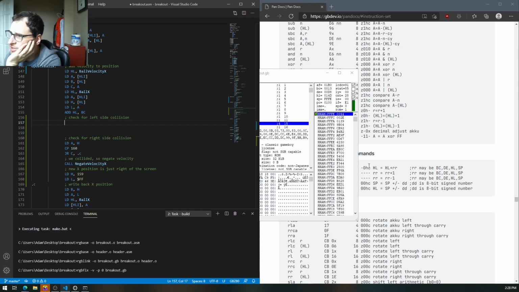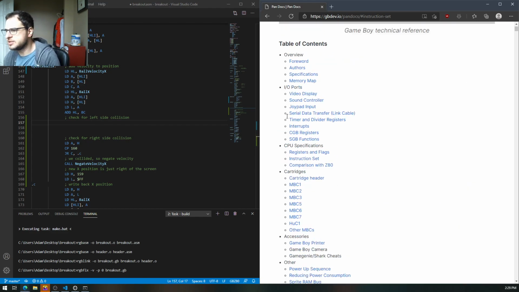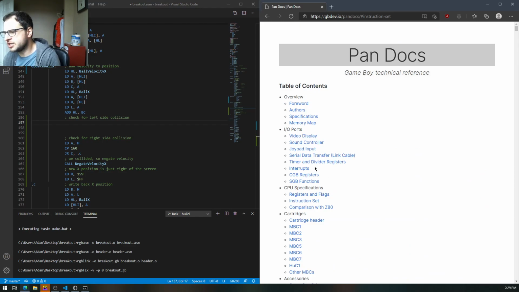Because I'm trying to think, is there any other... we're never going to wrap around on the right because we're always bouncing off. So we're only going to wrap around, we're bouncing off way earlier. So, but the ball position is actually right, because we do actually allow the ball to